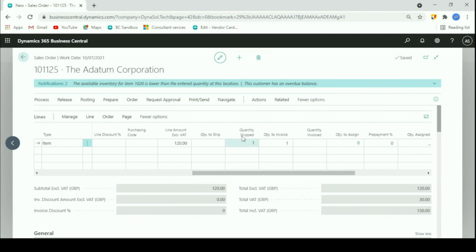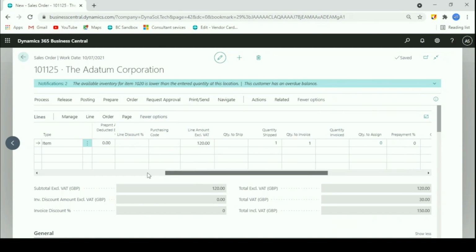Now you can see the quantity to ship as quantity shipped. Now we have shipped this quantity to the customer, and the quantity to invoice we still have, but when we invoice the customer, the one will become here.